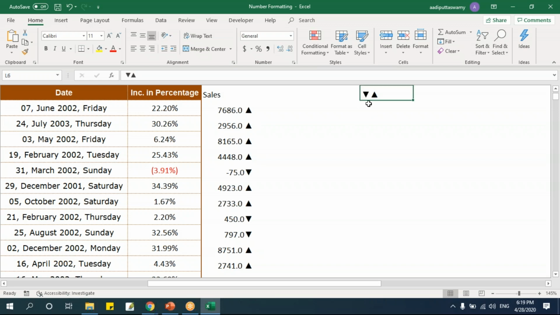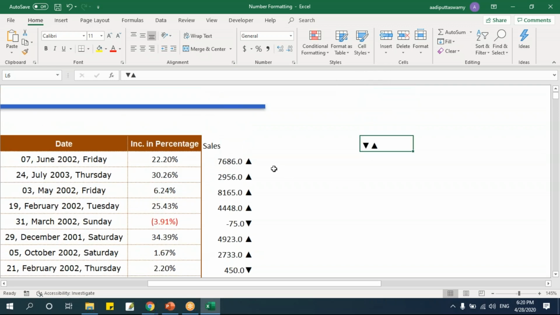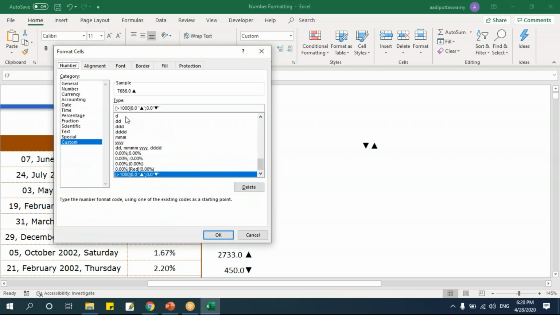Okay, so these arrows are a custom font. You can get it on the net or something. So we have this kind of fonts. We'll save it so that if anyone asks for any dashboard like this, we'll just try to create it. So what you have to do is just any character you can give. As I told you, that kgs or something similar to that, I'm just adding here.